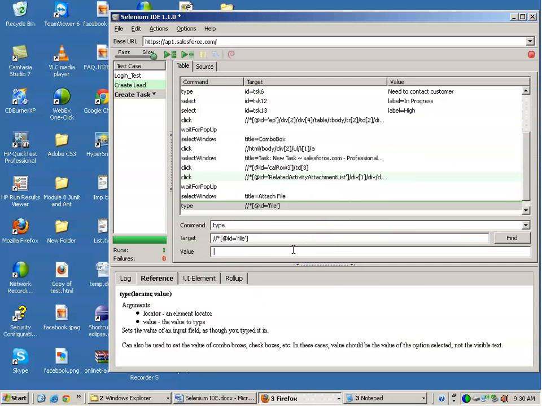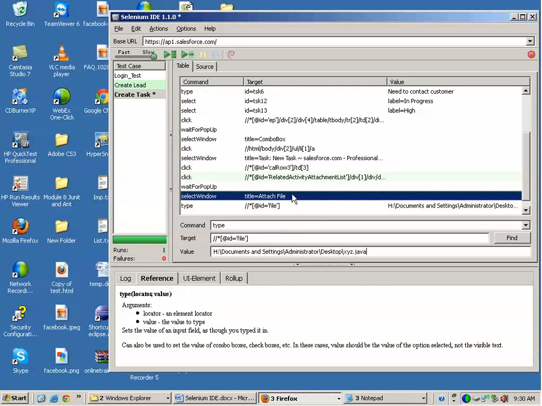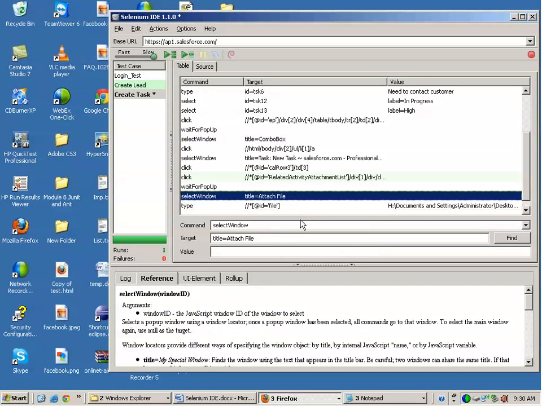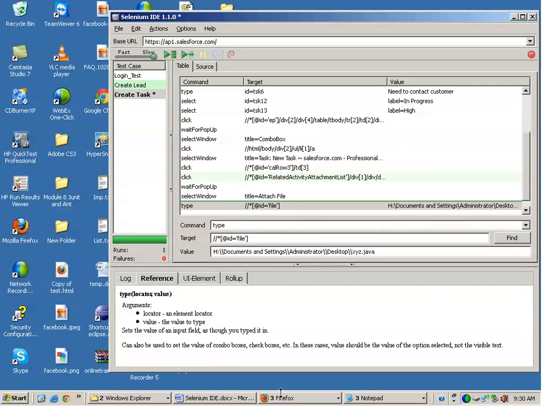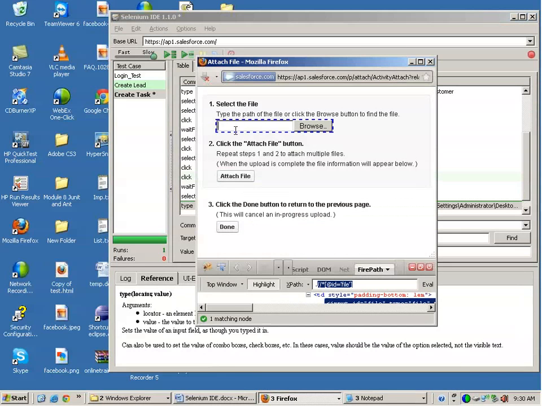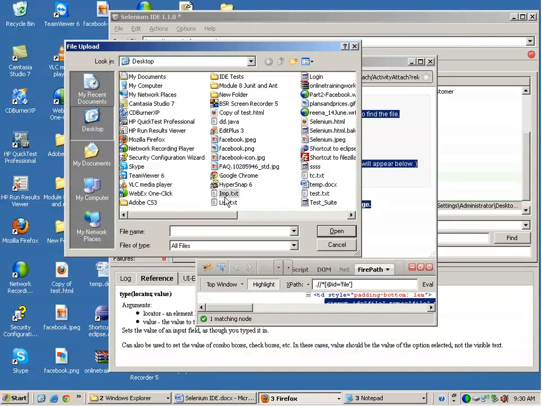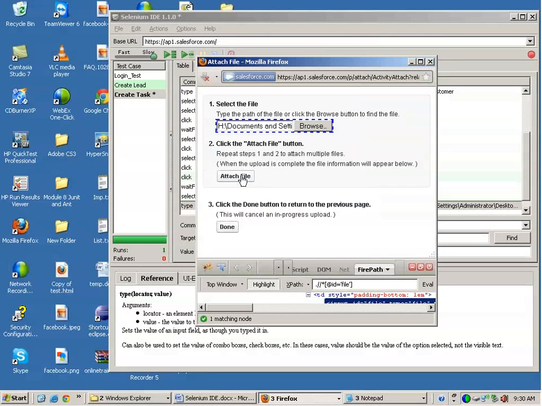On my desktop, the file name is xyz.java. Fine. So I have given this command. And after that, what happens? Let's see. If I browse for it manually and upload another file, and I say attach the file,